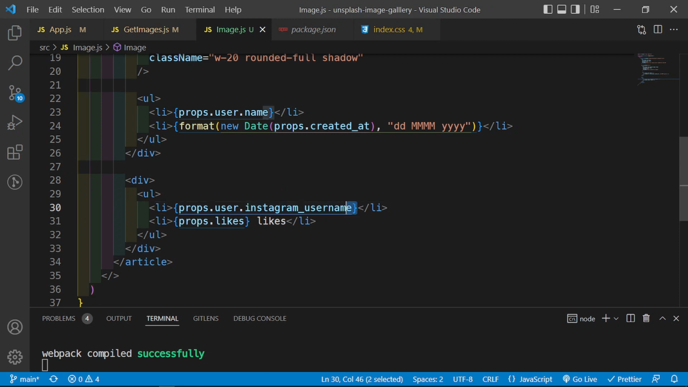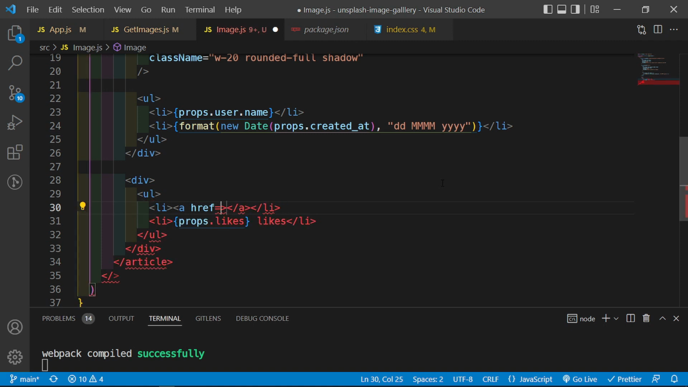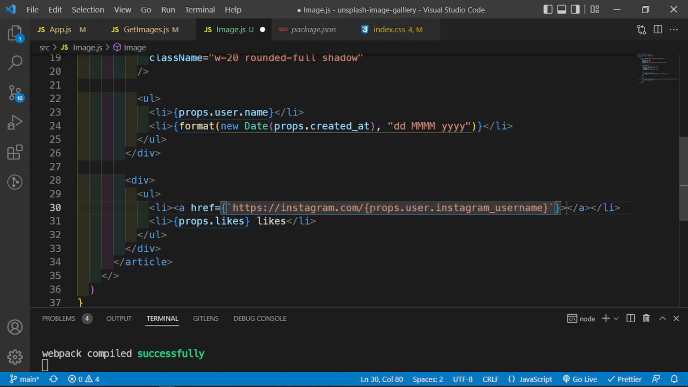So what I'm going to do is grab this and cut it out, and return an anchor tag with the href here, which is going to be curly brackets first and then backticks, and then I'm going to say https://instagram.com, and then pass in our props.user.Instagram_username, and remember to add a $ sign before it to mean it is a variable. And then I'm just going to say Instagram,